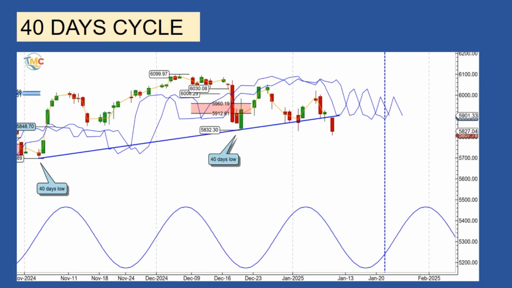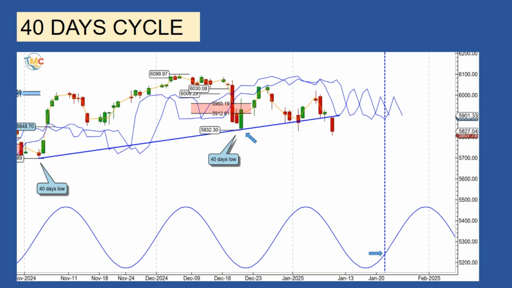The 40-day cycle. My favorite analysis is that the December low was the 20-week cycle low. Then, according to the Hurst principle of synchronicity, it is also the 80, 40, 20, and 10-day low. Let's assume the last 40-day cycle low formed on December 20th, 2024. The next low for this 40-day cycle is expected on January 23rd.